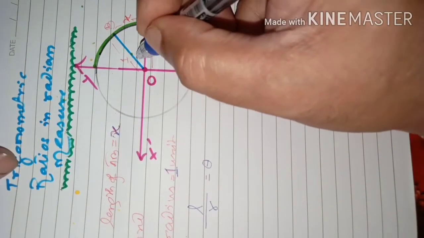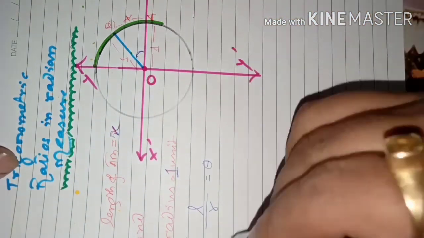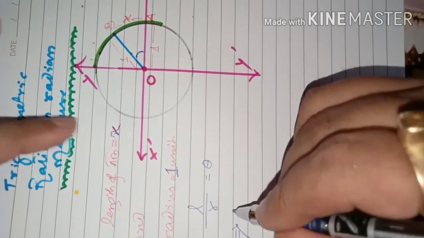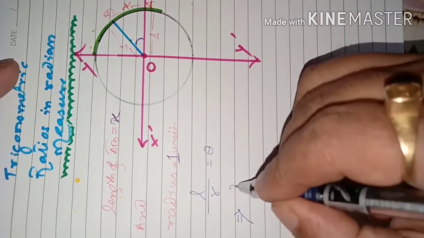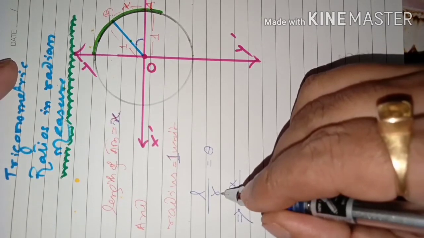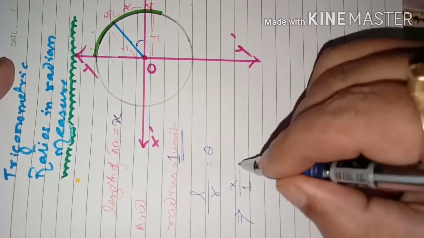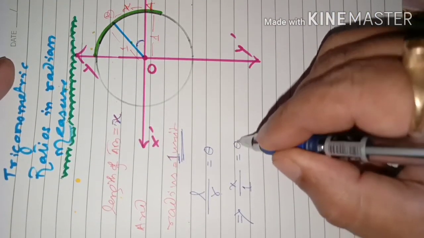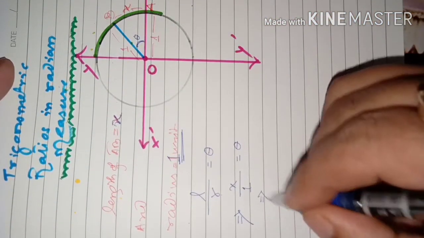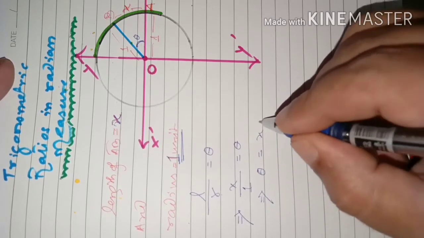It is this angle we are talking about. So that angle is suppose theta now, and the length of the arc is here. What is the length? X. So we say here it is x, divided by the radius of the circle. Radius of the circle is 1 unit. Okay, we write here 1 is equal to the measure of the angle, this angle we are talking about, theta. So that is theta is equal to x by 1, means x radian.